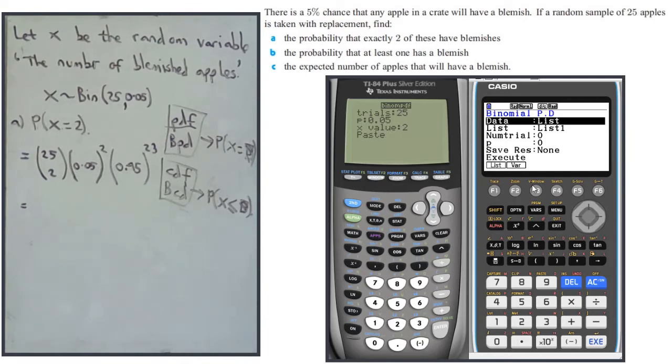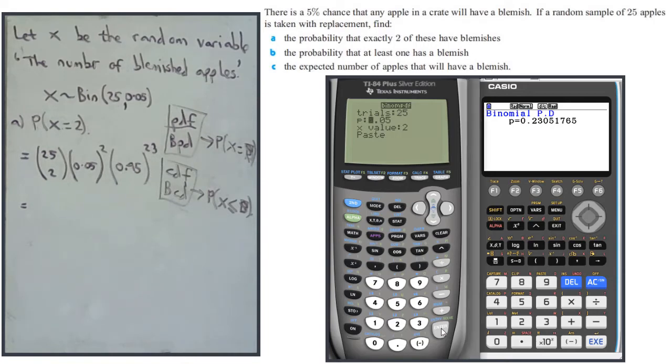it's slightly different on the Casio, it's very different actually. You need to make sure you're on variable and not list. So if you press var, then it looks a lot more like the other one. So you choose X, we're interested in X, probability X equals 2, there's 25 trials, the probability is 0.05, and then we are ready to execute. For the TI, just click through,